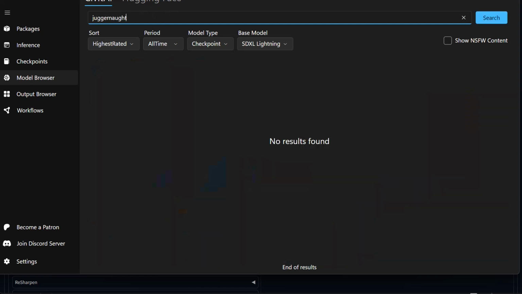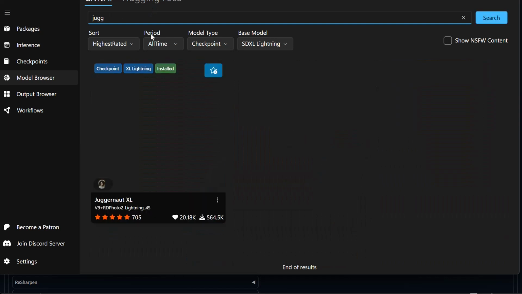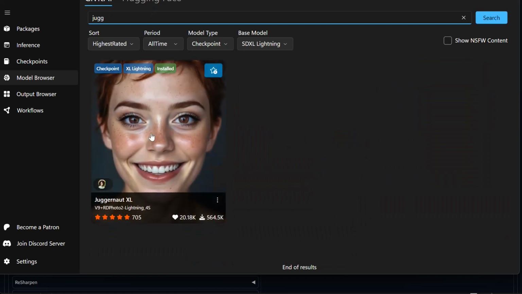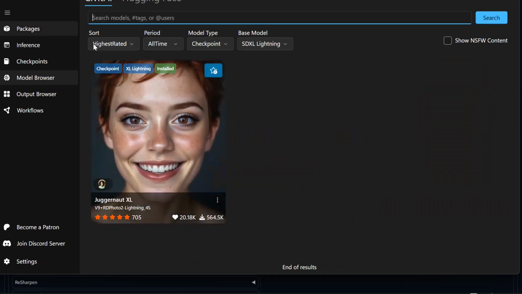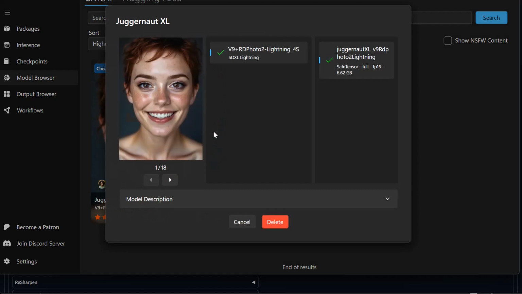I don't know if I spelled that right. Let's go back. You can do partial search, and there's Juggernaut XL. And when you find the one you want, obviously you can see this one shows it's installed. You can click on it. Typically they'll have example pictures, and over here they'll have a check mark next to the one that you have